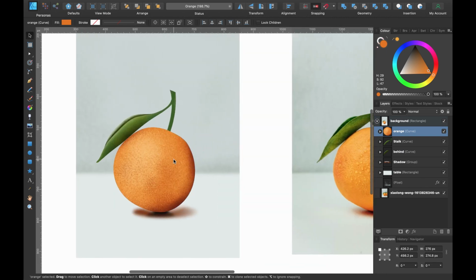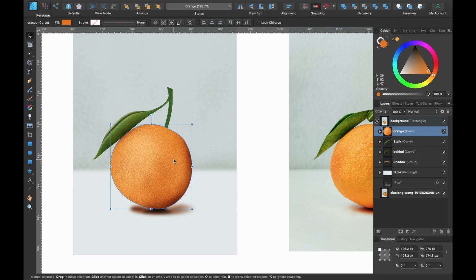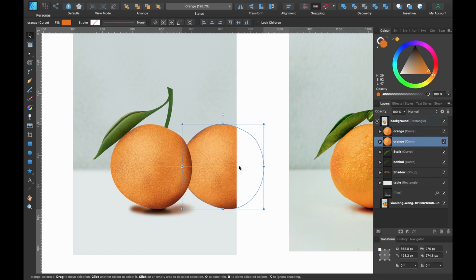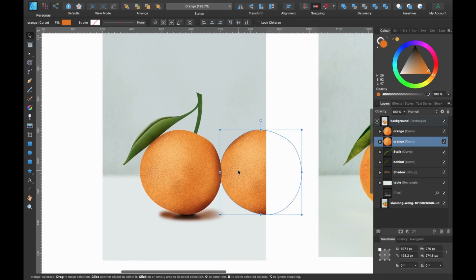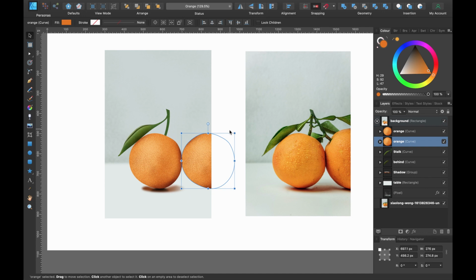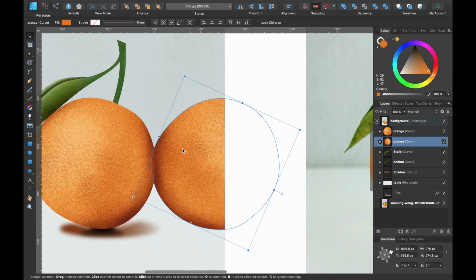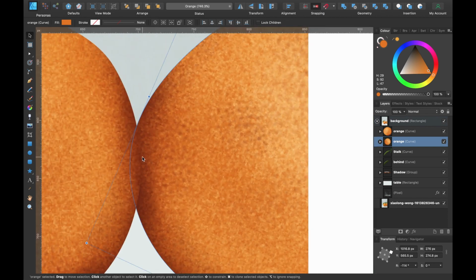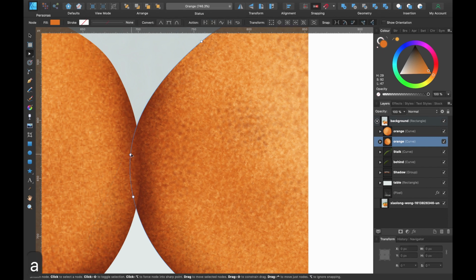So what I'm going to do with the orange, I'm going to duplicate that, Command J, and I'm going to make sure that I choose the background layer because I've just duplicated it, just so it ends up behind. And I'll bring it to around about there, so it's just behind that other orange. It's a bit darker where they touch, so I'm going to drag that out and around somewhere like that. And I'll just make it slightly darker there where it's just touching. So I'll just press A first and just bring it in a little bit more like that.